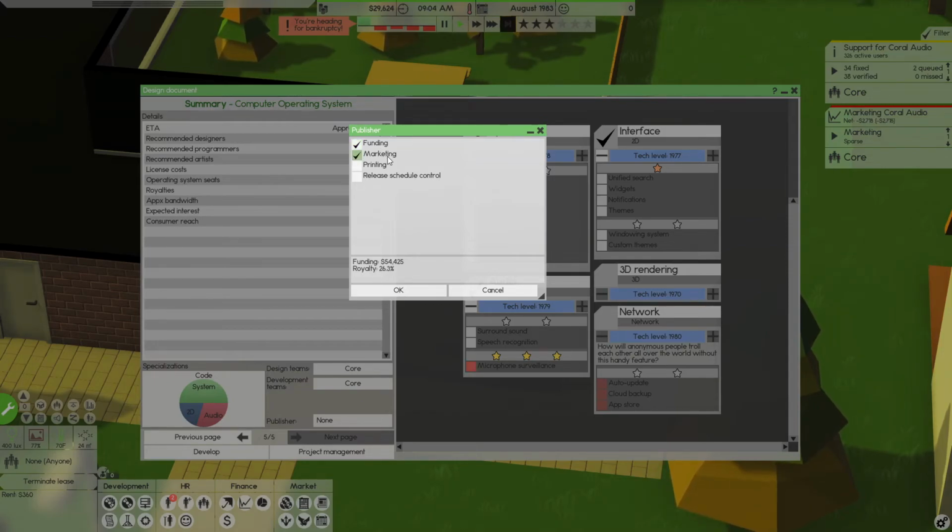You can do marketing, and they'll market it for you. You can do printing, they'll print the copies for you, and you can do release schedule control. They'll pick a time for it to be released where you'll make good money. And what it does is it'll take a chunk of royalties. So with all these enabled, with a basic product, that'd be 37.4% royalties, which means I would be losing a